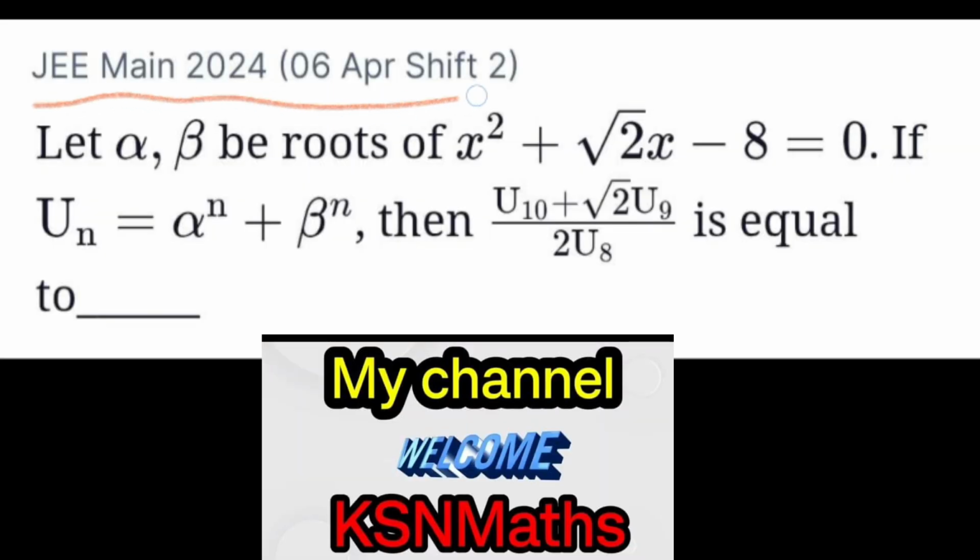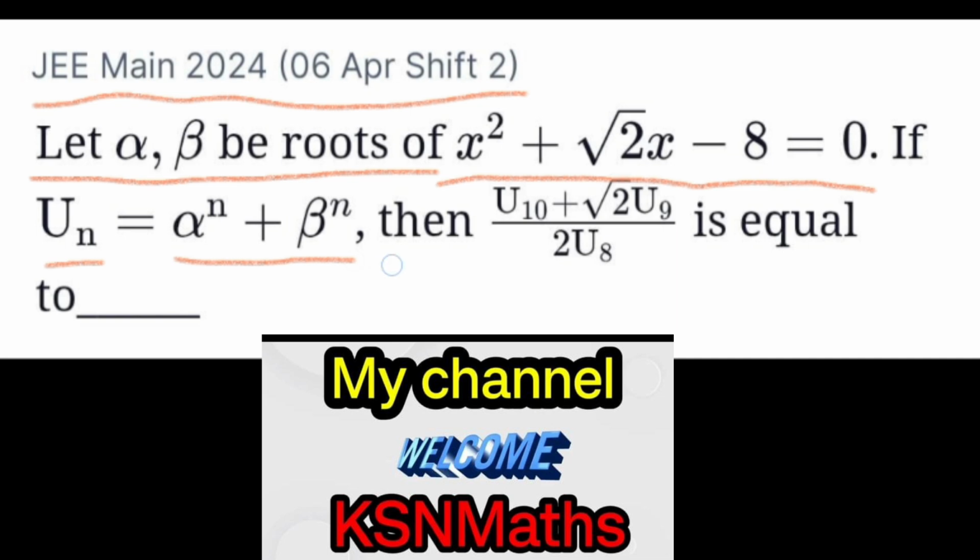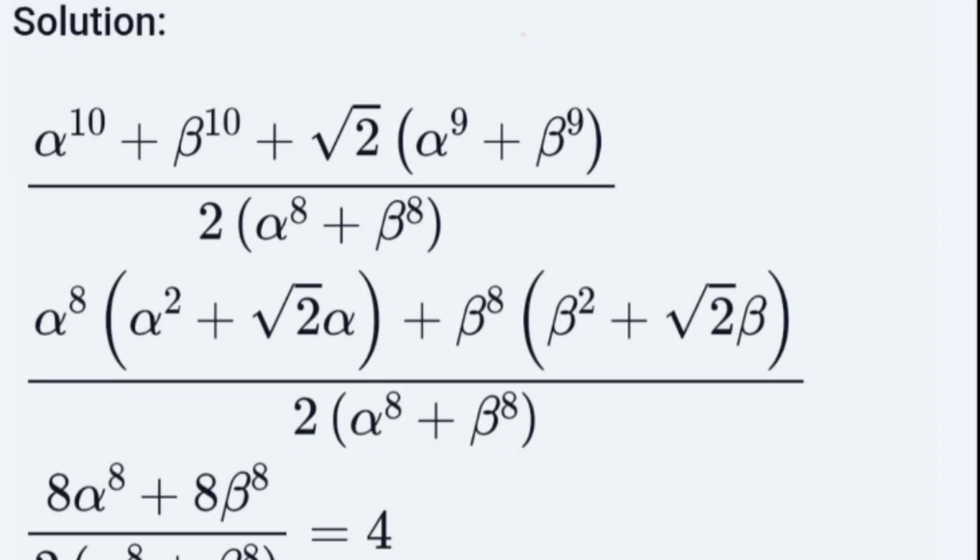JEE Mains 2024, Newton's identity, one question. Let alpha, beta be the roots of x square plus root 2 x minus 8 equal to 0. If Un is equal to alpha power n plus beta power n, then U10 plus root 2 U9 by 2 U8 is equal to. Here Un is equal to alpha power n plus beta power n. So the question,